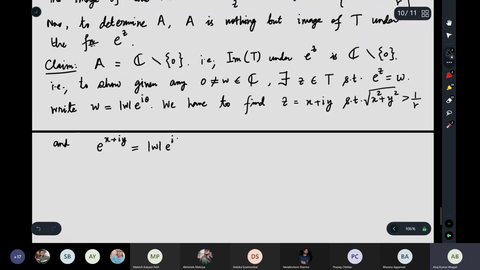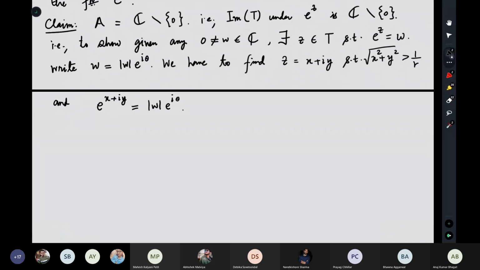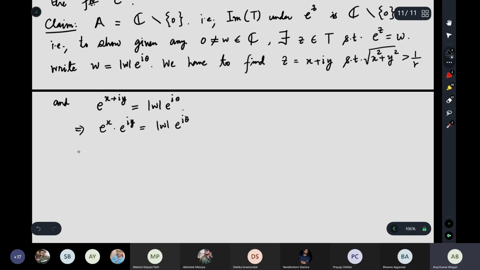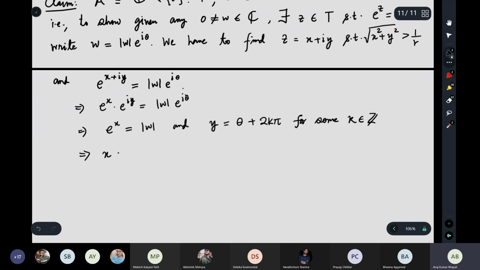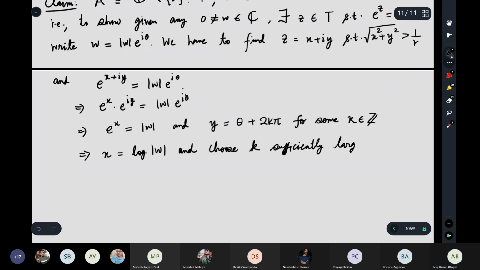Am I clear with this justification? I have to find such a complex number z which satisfies both conditions. So this implies e to the power x must be modulus omega, and this implies y should be theta plus a multiple of 2 pi. From here, x and y are real numbers, so this will be true. And k is an integer. We can choose k to be sufficiently large such that